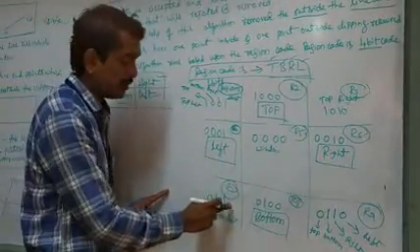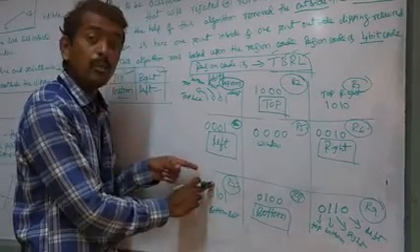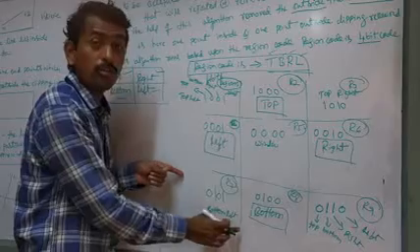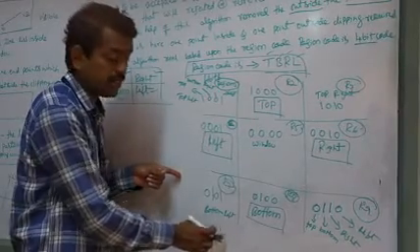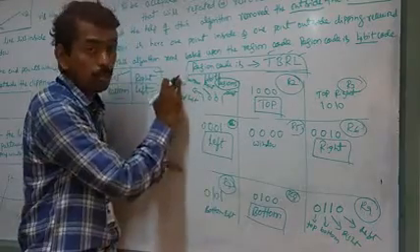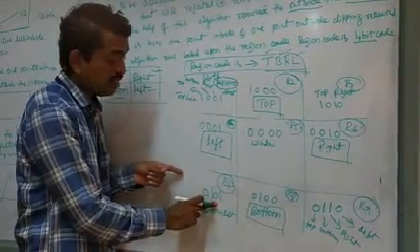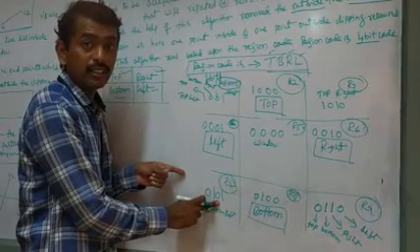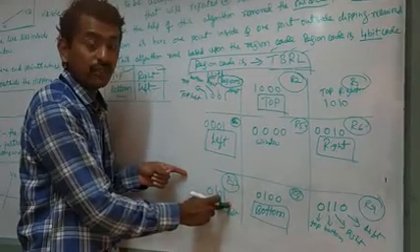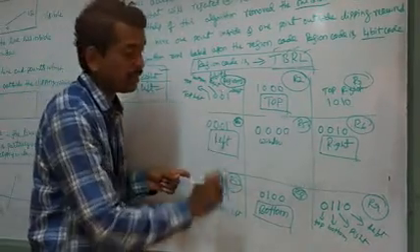Similarly, region 7. This is not a top. This is the bottom. Bottom left, it's very important. Carefully: this is the top left, this is the bottom left. Next one is 0. This is not a right. This is the left. Return code 0 1 0 1. This is called region 7.